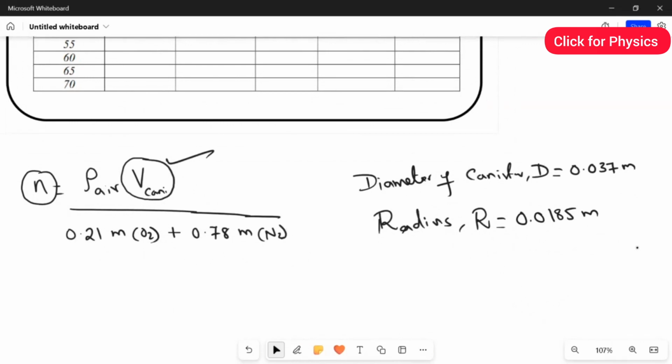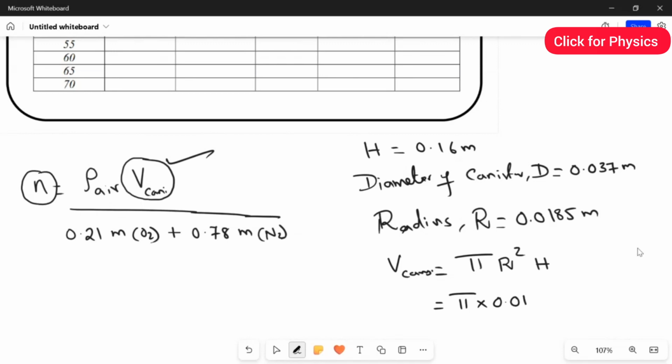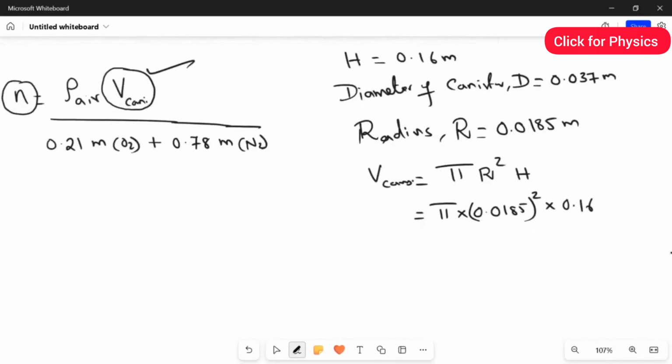And now if you see the shape of the canister, it is a cylinder. So as we already know, the volume of the canister is equal to pi R square multiplied by H. So you need the height of the canister also. The height of the canister we already measured as 0.16 meter. When you substitute the value here, we know the value of pi is 3.14 multiplied by 0.0185 whole square multiplied by 0.16, and when you multiply all these, you will get the value of the volume of the canister, which is equal to